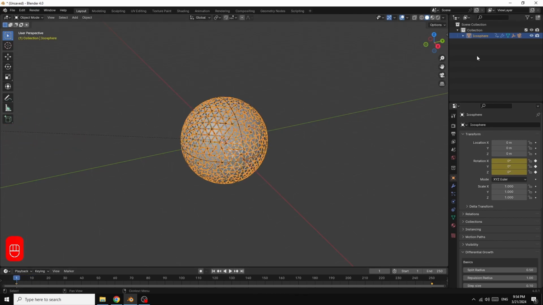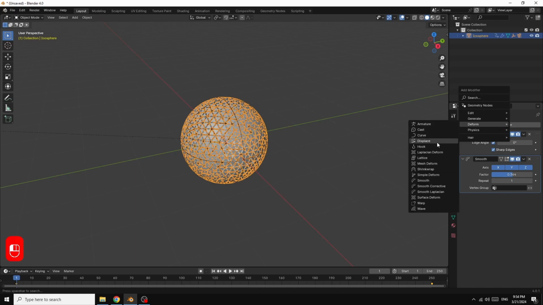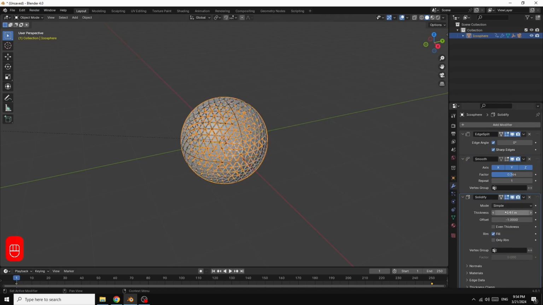Now we select the sphere, go in modifier, generate, add, solidify. I give it maybe 0.2. Now if we play, we have this animation. So enable this, and now if we play,